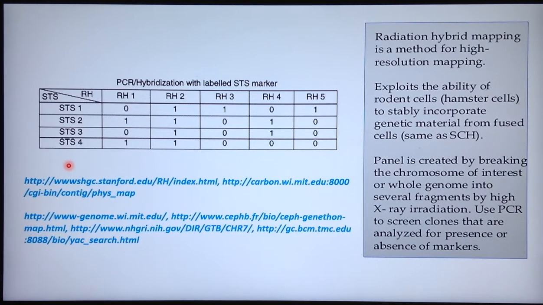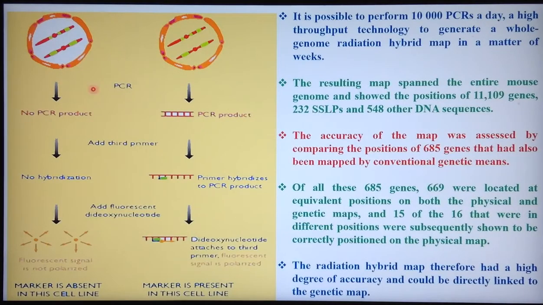Again, the same possibility: if the genes are apart, there is more possibility that they will go into separate radiation hybrids. Like we see, STS1 is present in RH2, 2 is present, 3 is present, 4 is present. Now in RH3 we see only STS1. And 2 and 3 are present in radiation hybrid 4. That means if they are getting separated in radiation hybrid cells, they are placed far apart on the human chromosome and they will not be linked. This kind of information was obtained by using radiation hybrid cells, and these are some of the sites which have the information for radiation hybrid cells. This is how they are typed using PCR.